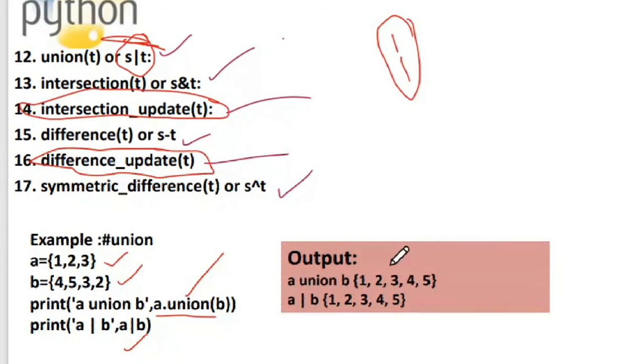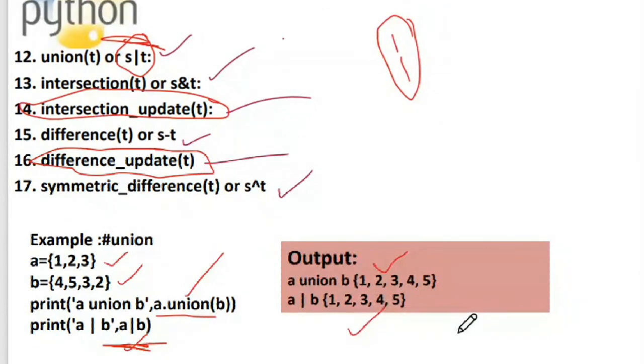So there are 2 times 2 and 2 times 3. So one time it is eliminated. So I get 1, 2, 3, 4, 5. In the similar way, other than giving the method, I can also say A like this. So symbolically also I can represent the union. So I got the answer. So this is regarding the union operation.